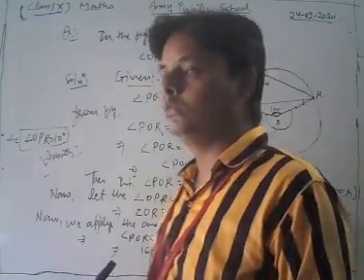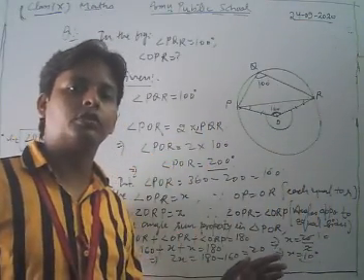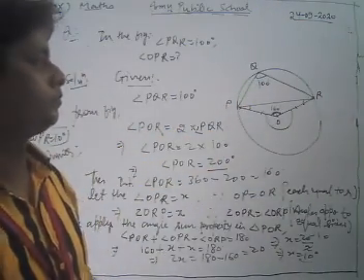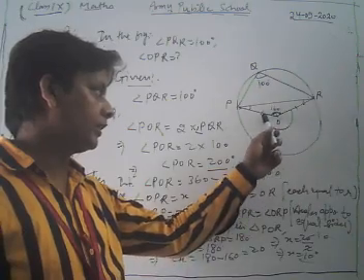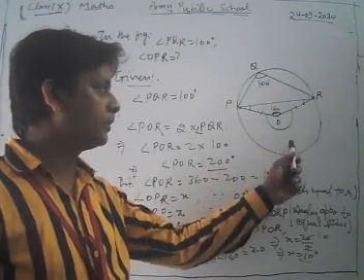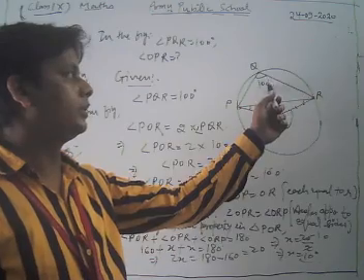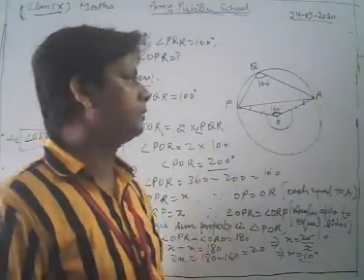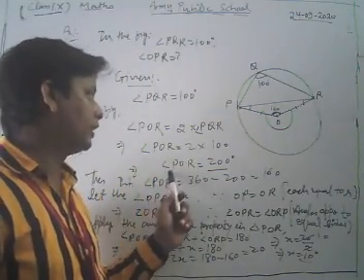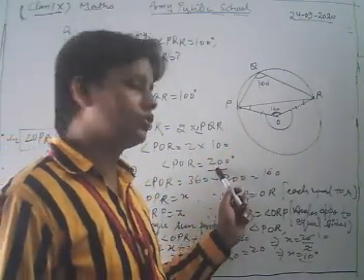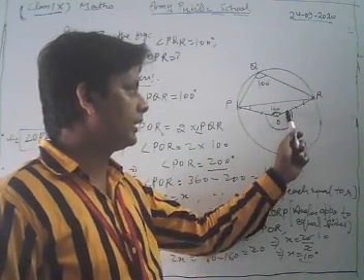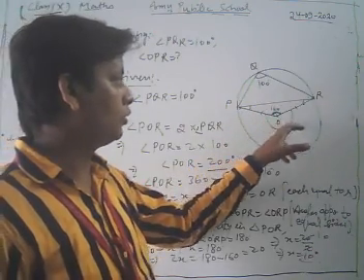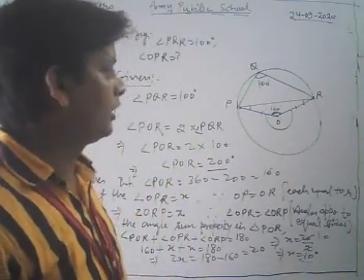Let's see once more, because this is a very conceptual question of your NCERT exercise. Here is the given figure, and you know by the theorem that the angle subtended by an arc at the center of the circle is double the angle at any point on the remaining part of the circle. Now angle POR is equal to 2 times angle PQR. So angle POR is equal to 2 times 100, that is 200. Then you know the complete angle is 360, so the interior of angle POR is 160.